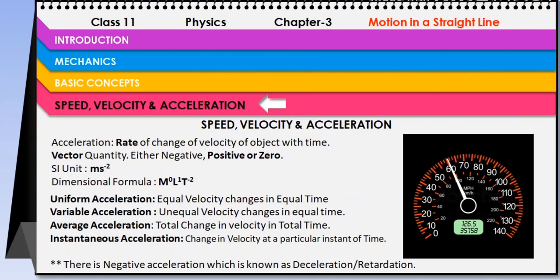Right? So basically speed, velocity and acceleration are almost similar, as we saw in the video: definition, characteristics, SI unit, dimensional formula and the types. Clear? So the theoretical topics of this video, the basic concepts related to motion from our textbook chapter 3, are over. Now, based on these concepts of distance, displacement, speed, average speed, velocity and acceleration, let us see